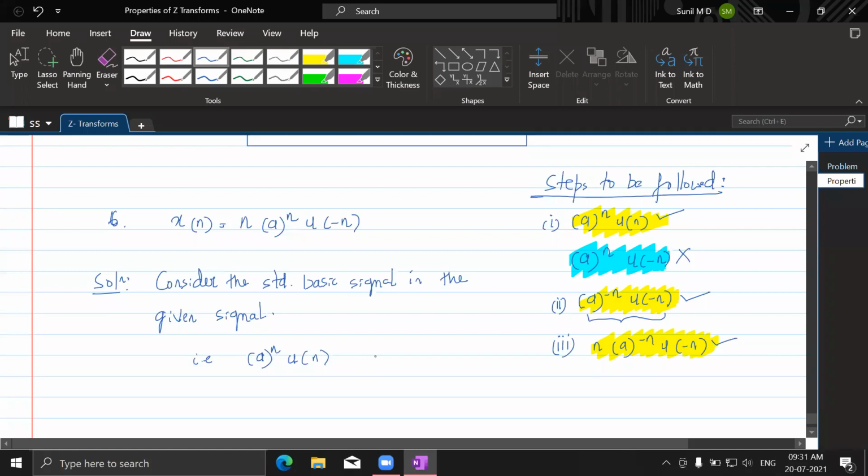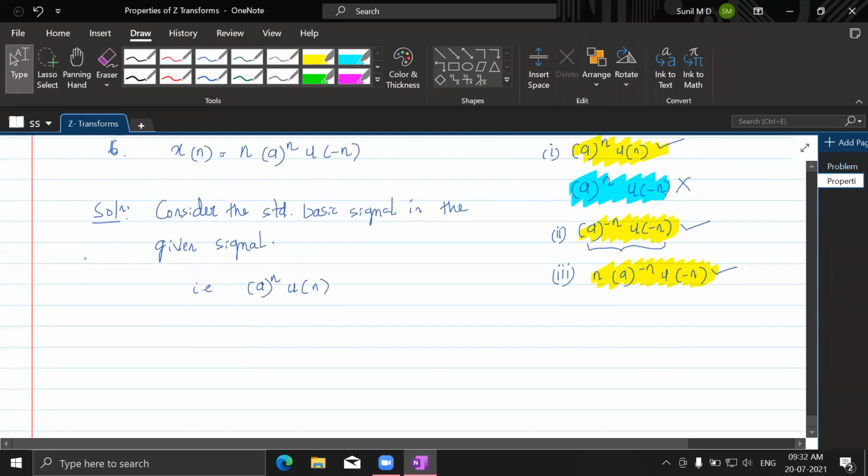Is it okay with you, everybody? So we have to first consider the most basic signal that we have here. The most basic signal that we have here is what? The positive time exponential. What is the Z transform of positive time exponential? Therefore, Z transform of, mind you, you have to read this as Z transform of. Wherever I'm writing the flower bracket, you should understand this as Z transform of. Or you can even do this, Z transform of.